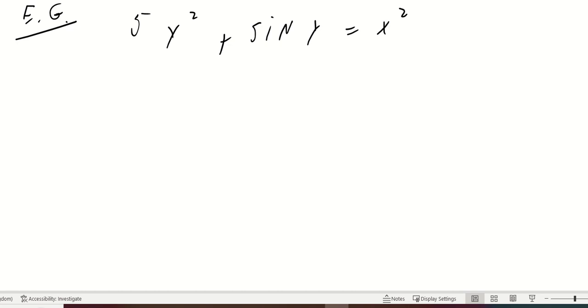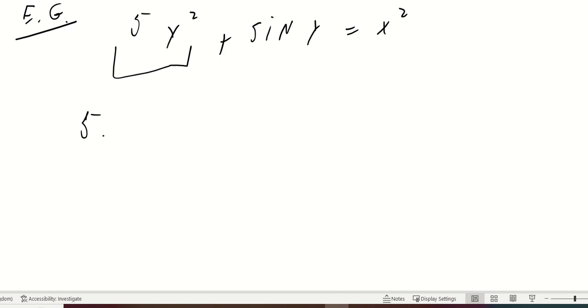Example. As an example, we can take the equation 5 times y squared plus the sine of y is equal to x squared. Let's solve this by implicit differentiation. So differentiating the left-hand side, we start off with this term. So this will be equal to 5 times